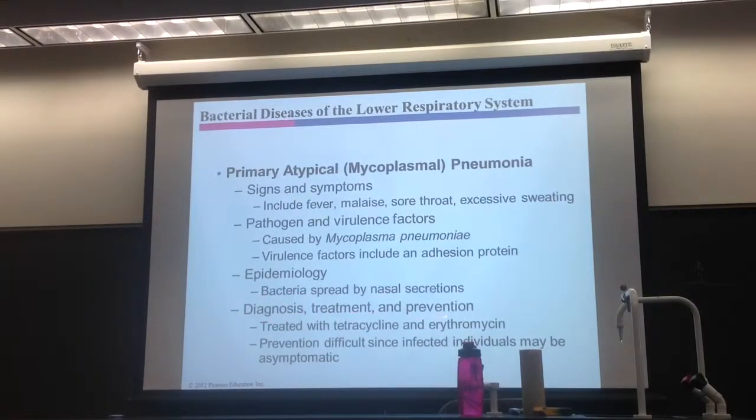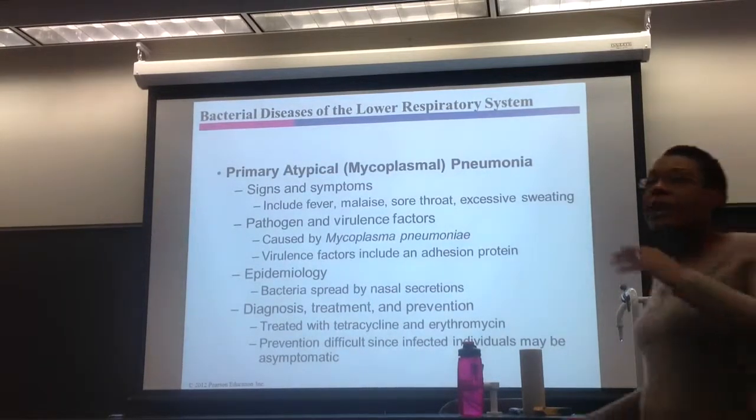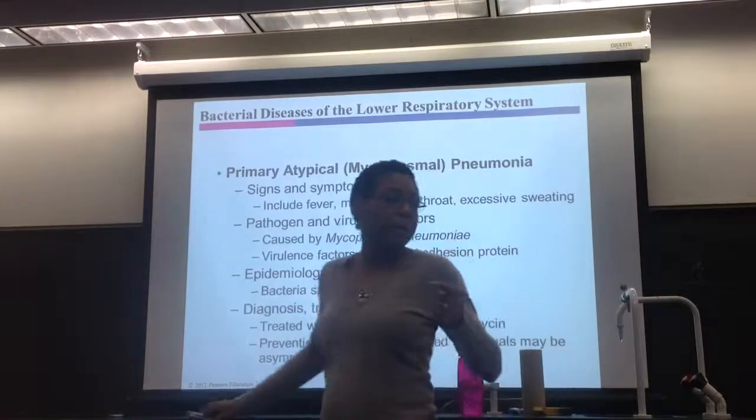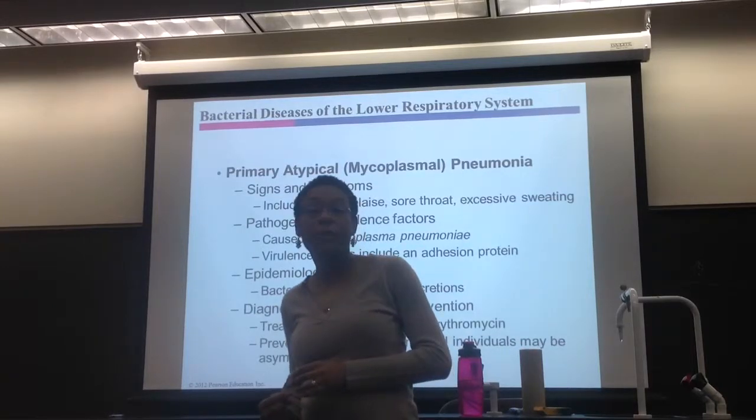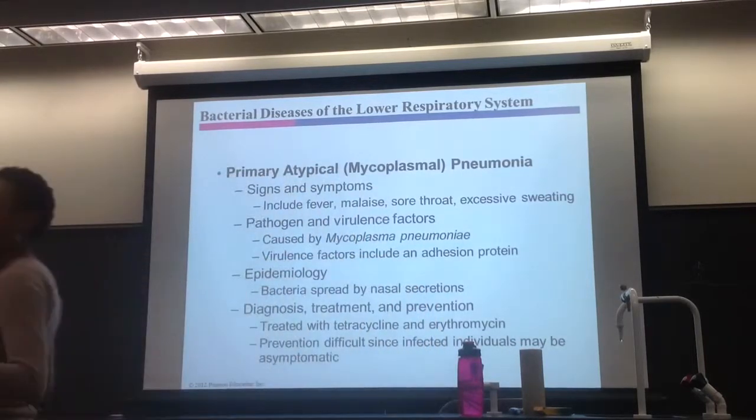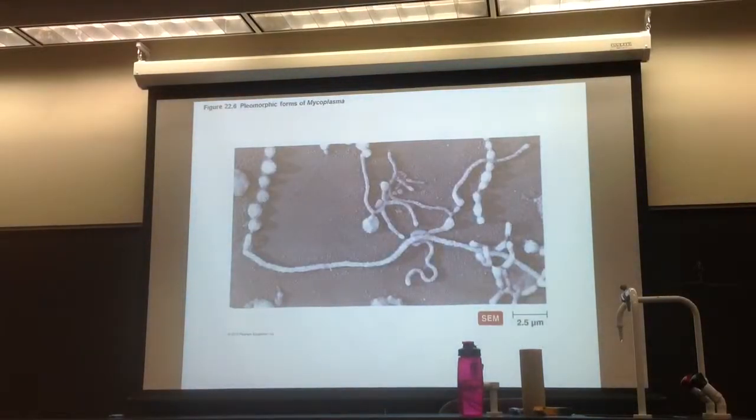You can treat it with antibiotics, but really prevention is difficult because a lot of people are asymptomatic, which means they have Mycoplasma pneumoniae and they're walking around with it. Sometimes their symptoms are not all that severe. They don't realize they're sick. They may think they have a cold or something. So really it's difficult to diagnose if they never go to the hospital. And they end up spreading it to all their frat brothers. Here's a quick picture of